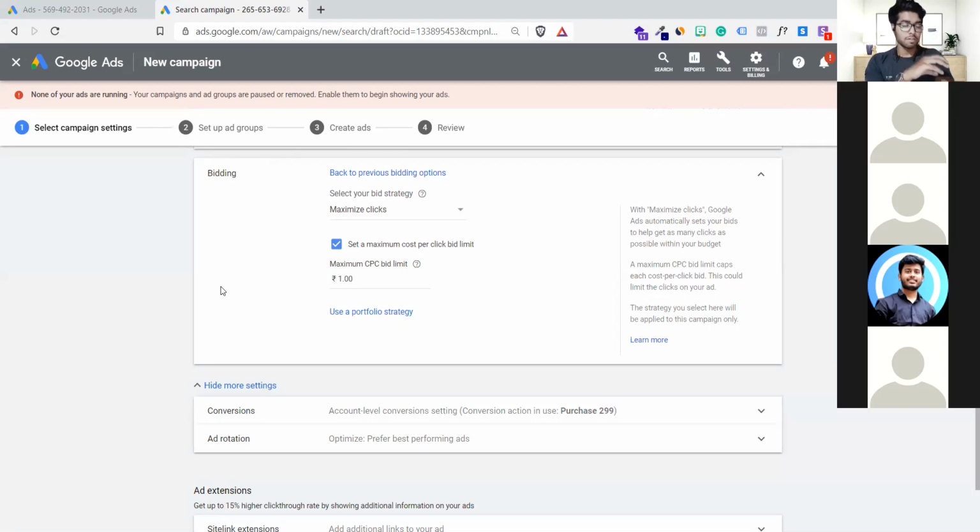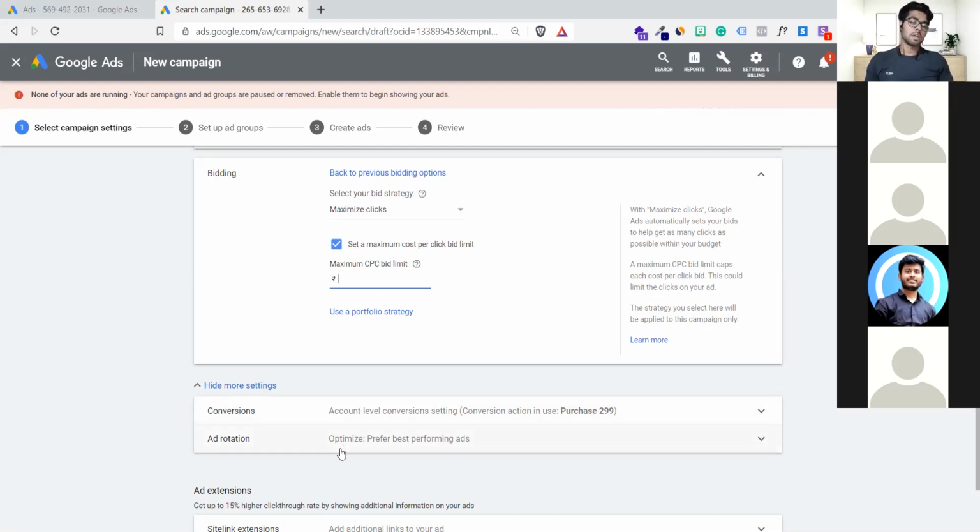The moment we do keyword analysis, you will see how we find the average cost per click and the maximum cost per click. On the basis of it, we can decide: okay, in our shoes industry, the average cost per click is 4 rupees and it goes up to 40 rupees. So for my business, I can spend a maximum of 11 rupees on a click. This is my willingness. That's how you have to take decisions, not like, can we get it for 50 paisa? Can we get it for 1.5 rupees? Can we get it for 2.5 rupees? No, you cannot decide like that. To decide what your maximum CPC bid limit should be, we will do keyword analysis.